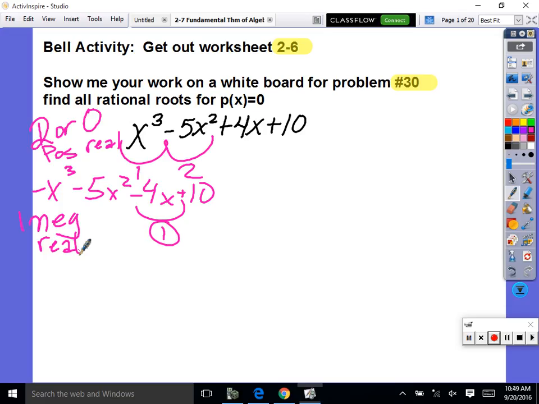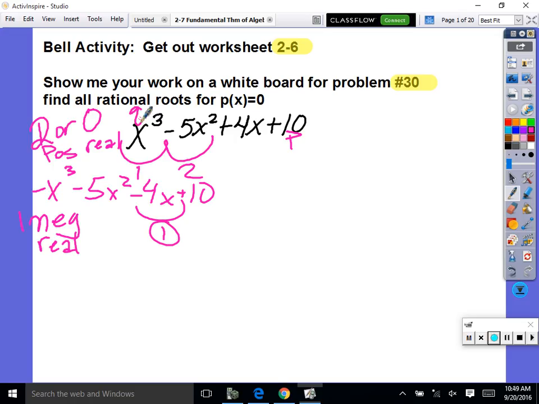So I'm going to start with my negatives if I have it. And I like that Amelia checked to see how many negative real solutions she has and how many positive real. It's smart because now she's saying, I'm going to check all my negatives first. I like that. Continue. And then we have to do P over Q for the